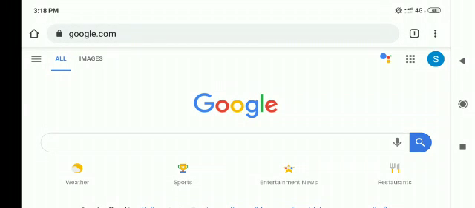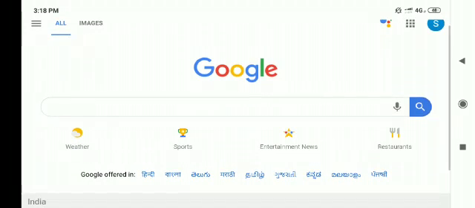So friends, today I will show you how you can see the indexed pages of your website in Google by using a simple and easy command, without the help of any SEO tool or SEO software. This is very simple, friend. You can do it easily, and I will show you here, doing it practically on a live website, right?